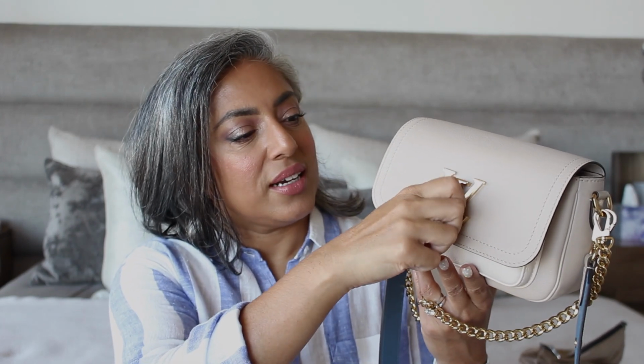The Lockme Tender comes in several different colors. This color is called Greige, which is probably a combination between gray and beige, a perfect name for this color. The other interesting thing about this bag is that it has a secondary color. Here in the Greige combination, it comes with the gray and the white. It also comes in several other colors. The black has a white or cream, I would say. Then it comes in quartz, which is a beautiful cream with a rose accent. And then the navy, which, if I weren't going to get Greige, I probably would have gotten. I think the navy is very beautiful, very classy looking,